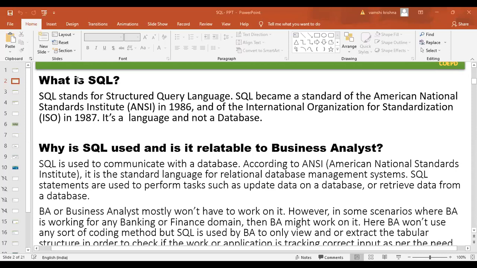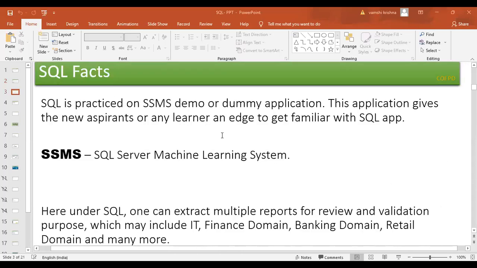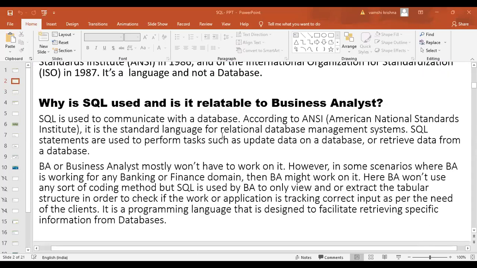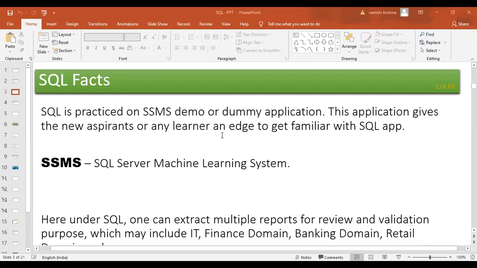So guys, this is what SQL is for. You will not be asked what is the history of SQL, but definitely the full form of SQL is asked. Now let's move forward. Once you understand what is SQL, basically SQL is practiced on SSMS. It is basically a dummy application through which we will practice SQL. If you look at the screen, we have this dummy application that is called SQL Server Management Studio. This is where